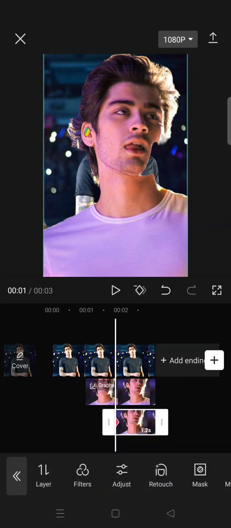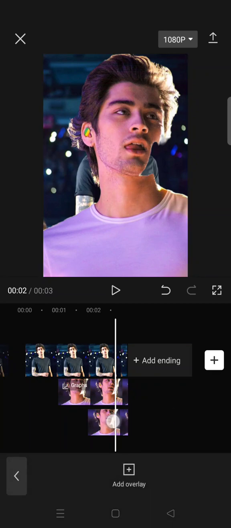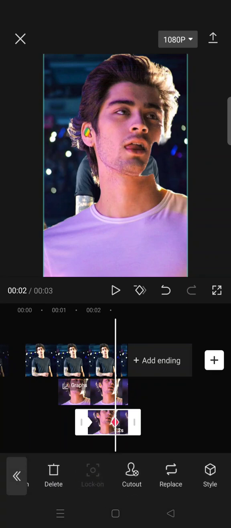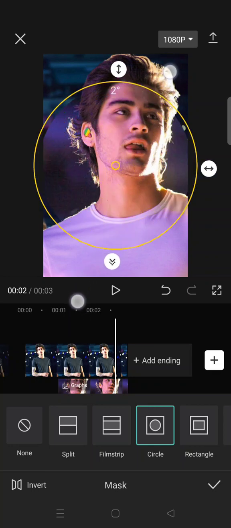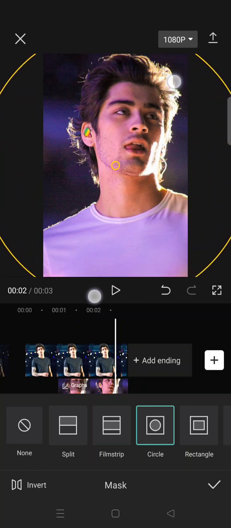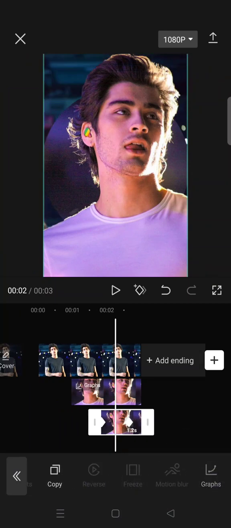Okay, and then add a keyframe at the beginning and then another one before the end of the clips. So in here go to mask again, and now make the circle bigger. Okay, until it goes like this, and then click on the check icon, go to graphs in between the keyframes